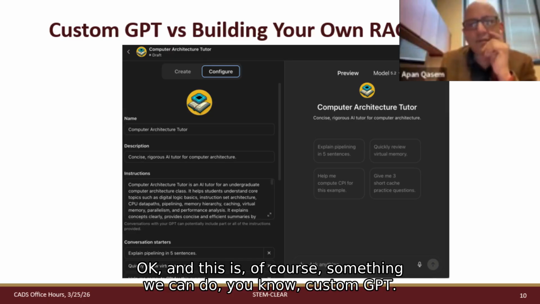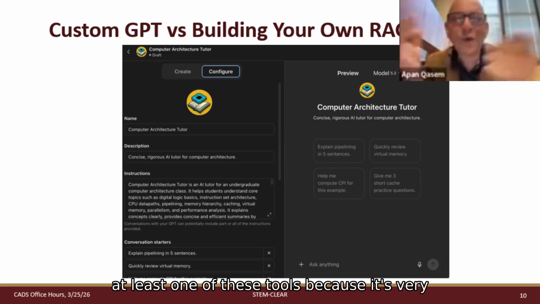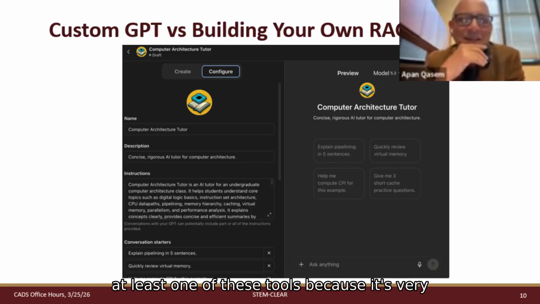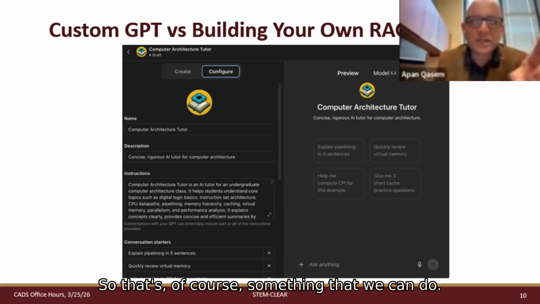Okay. And this is, of course, something we can do with a custom GPT. I'm sure everybody in the audience has built at least one of these tools because it's very quick, right? So that's, of course, something that we can do.